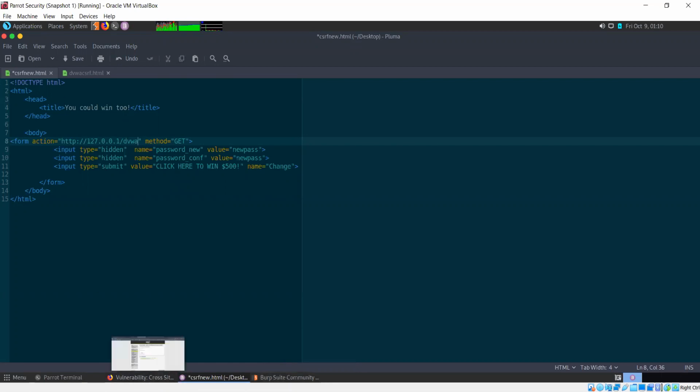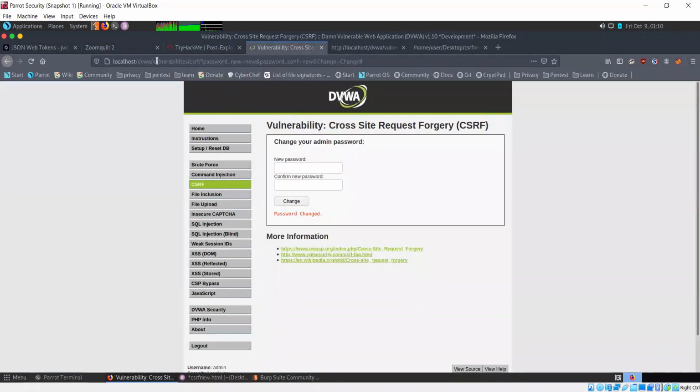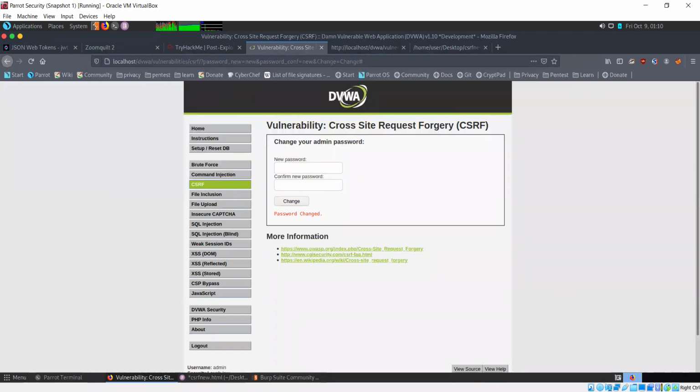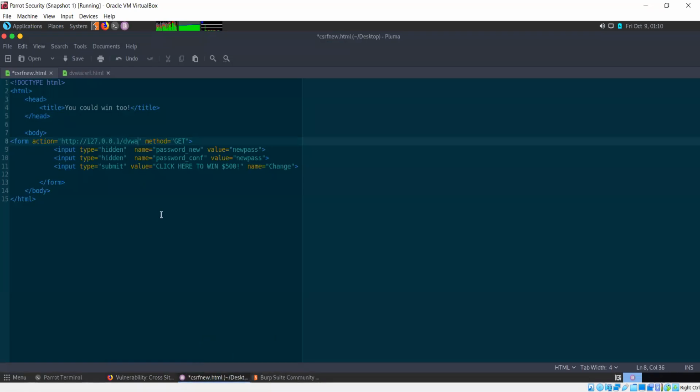Let me check the DVWA, and then you have vulnerabilities and CSRF. So this is where we need it to be, and the changed password would be called new pass.